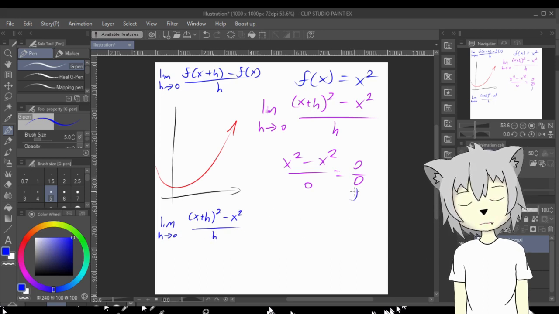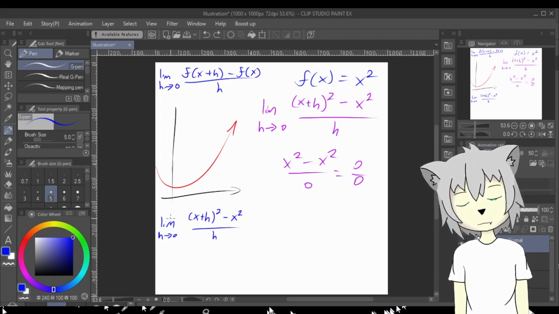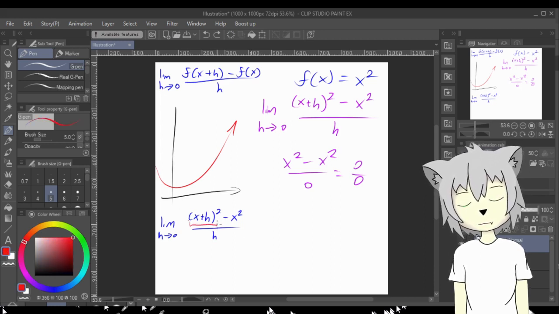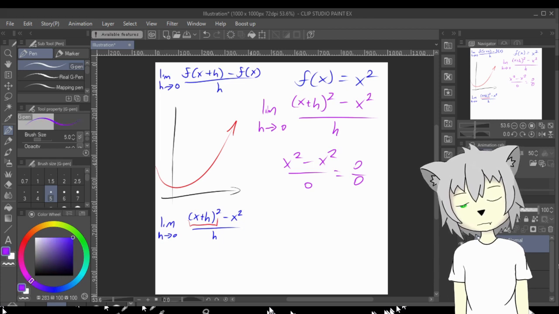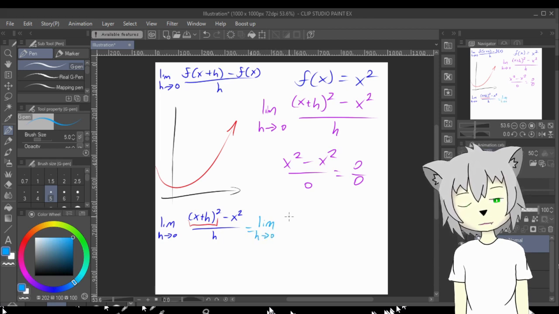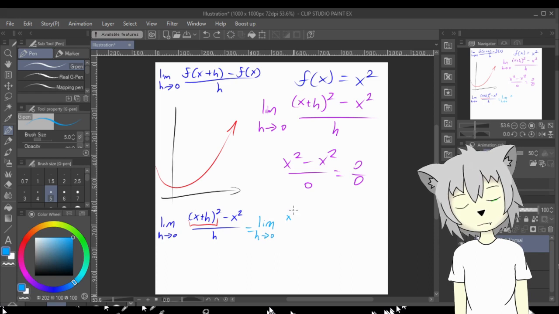We'll end up with that if we just plug it in. So how about we expand this part right here and turn it into the limit as h approaches 0. We basically end up with x squared plus 2x